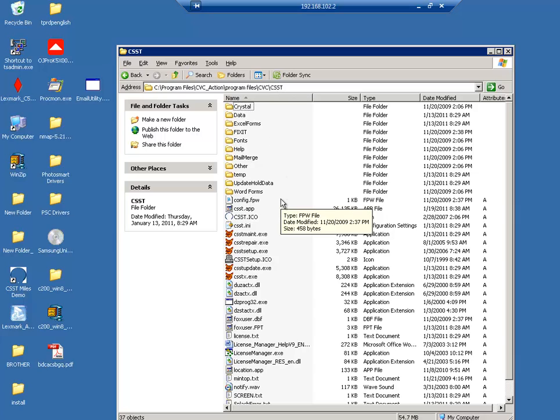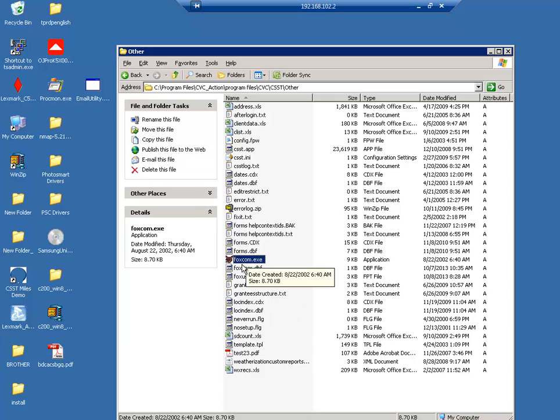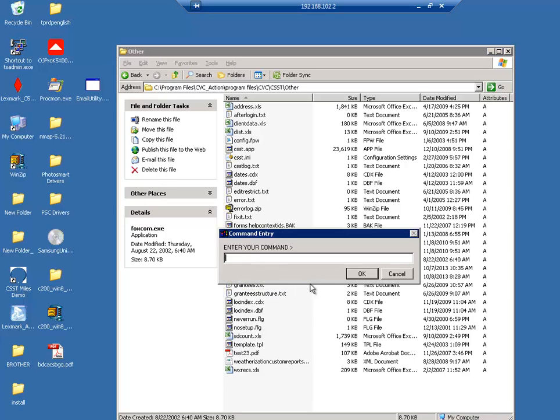In that folder there will also always be an other folder, which we use for garbage and a lot of other things. And in that folder there is always a copy of this utility, FOXCOM.EXE. If you double click that to run it, this is an older version and it will give you this command line entry only. In order for it to be useful to you, you need to have a window up. If you happen upon this older version where you don't get the window by default, the command is _screen,